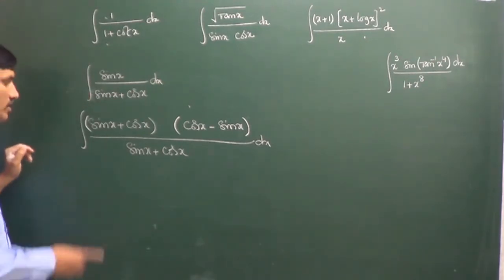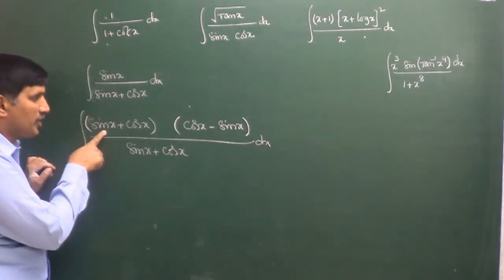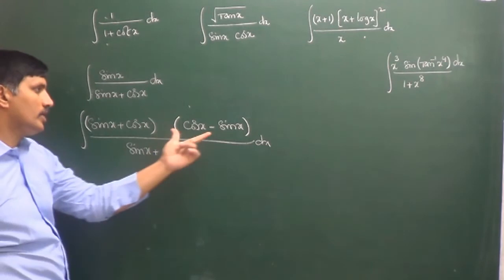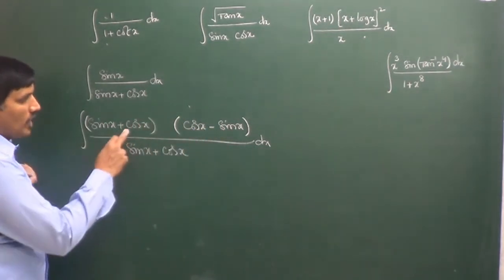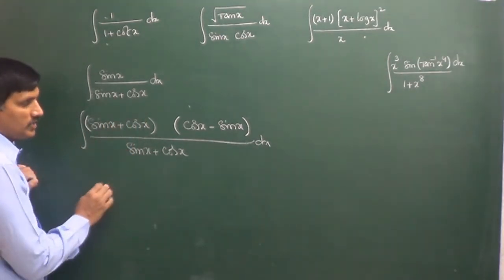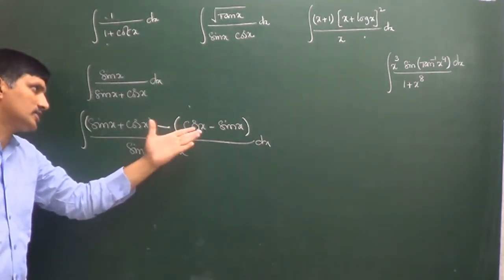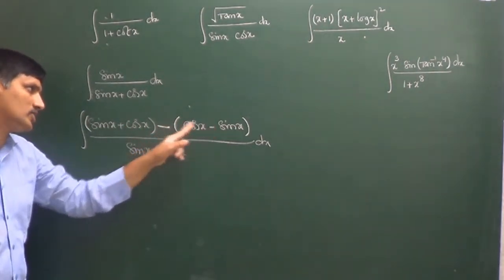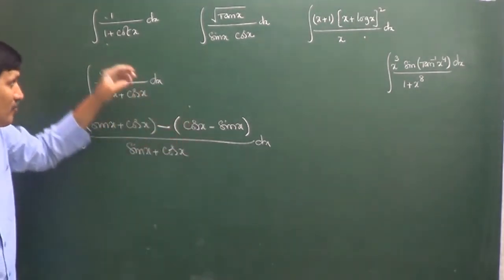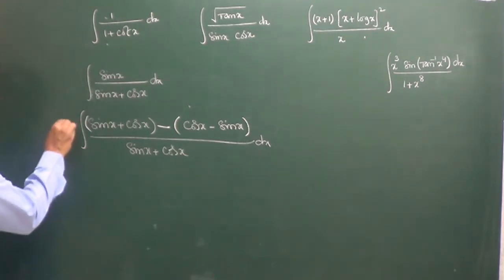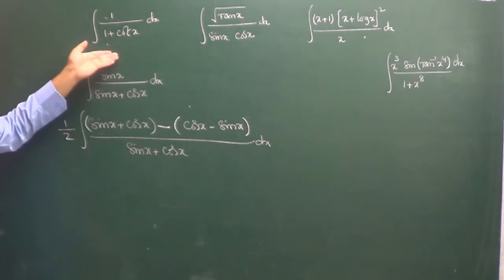For that, whatever is there in the denominator, I wrote the denominator, and the denominator's differentiation also written. Now we have to modify. So cos x extra, we have to cancel the cos x. That's why we have to subtract. Plus cos x minus cos x cancel. Here sin x, that's why plus sin x. Here also plus sin x. That's why we are getting 2 times sin x. But we have only sin x, that's why divide by 2. So after this simplification we are getting this one only.